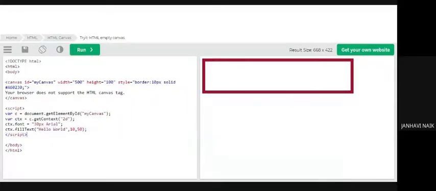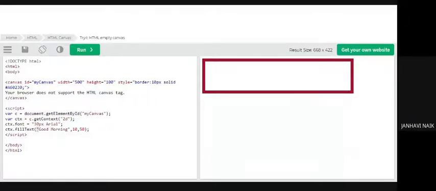Instead of hello world, let me say good morning. This is a text, right? So that's why I have mentioned variable c. Equal to, now see, this is a syntax for inserting this particular canvas.